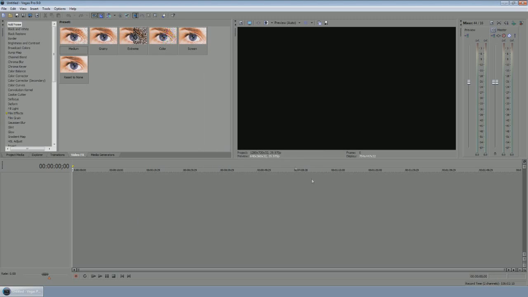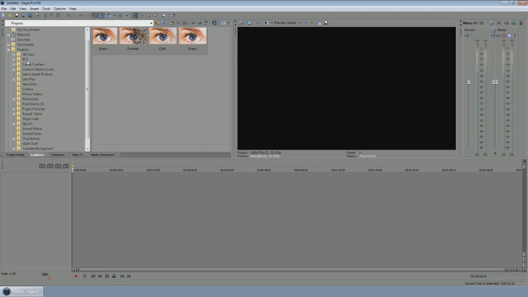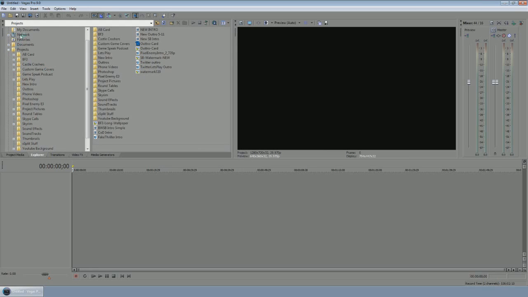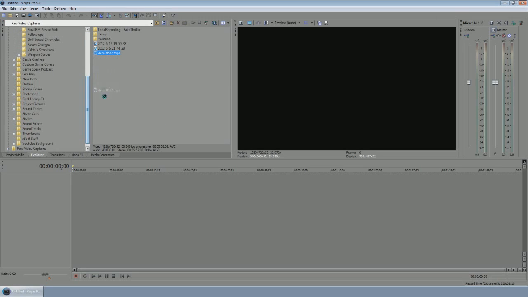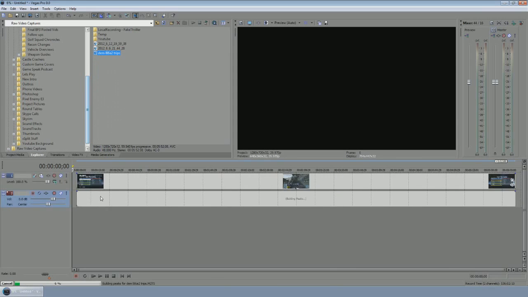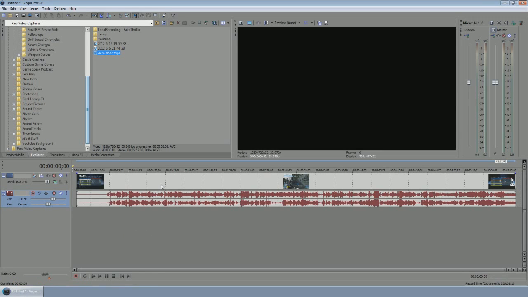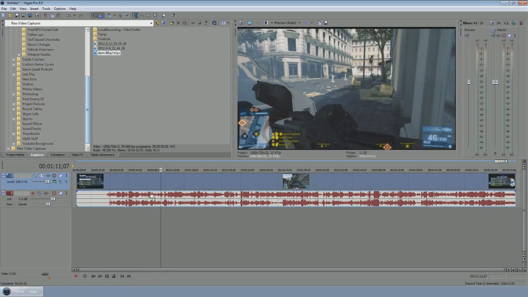If you're like me, you play Battlefield and that's what you're looking to post. Actually, I believe the clip I want is going to be on the desktop or in my raw video captures. There's a few things that you need to do every time you load a game like Battlefield 3 into your video editor. The first one, if you're recording with an HD PVR: if you click anywhere in the track, you see in this preview window